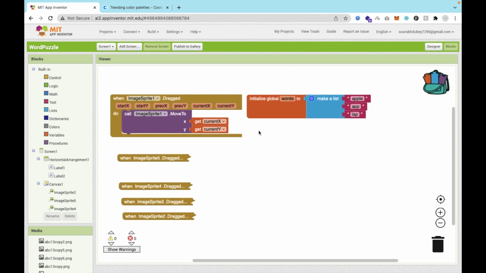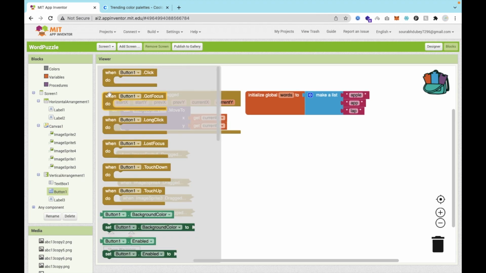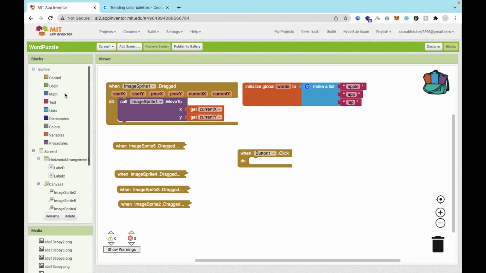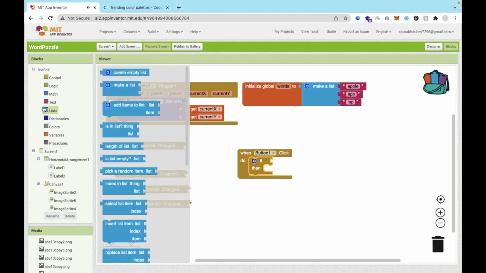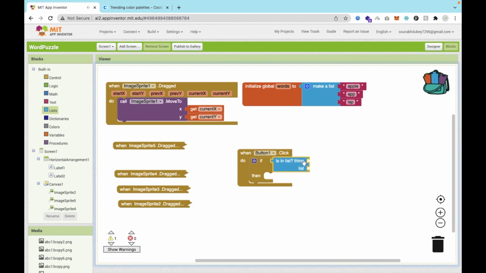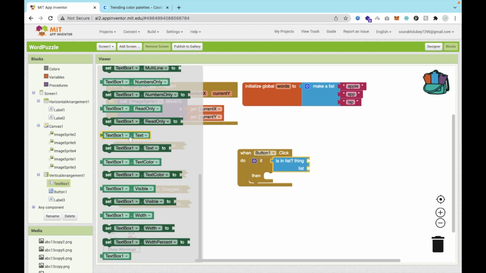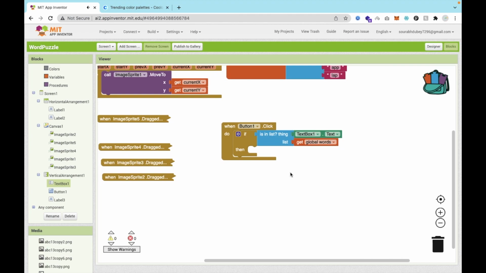Now we have to use a condition here, simple. Whenever someone clicks on that button, it means whenever they complete the word, and then click on button one, we need to check. So you can see the control and you'll see the condition if, and click on that list and you'll find here the "is in list" block. Okay, so call it here, and the thing is the text. So textbox1.Text, this one. If this text is in the words list, then we need to increase